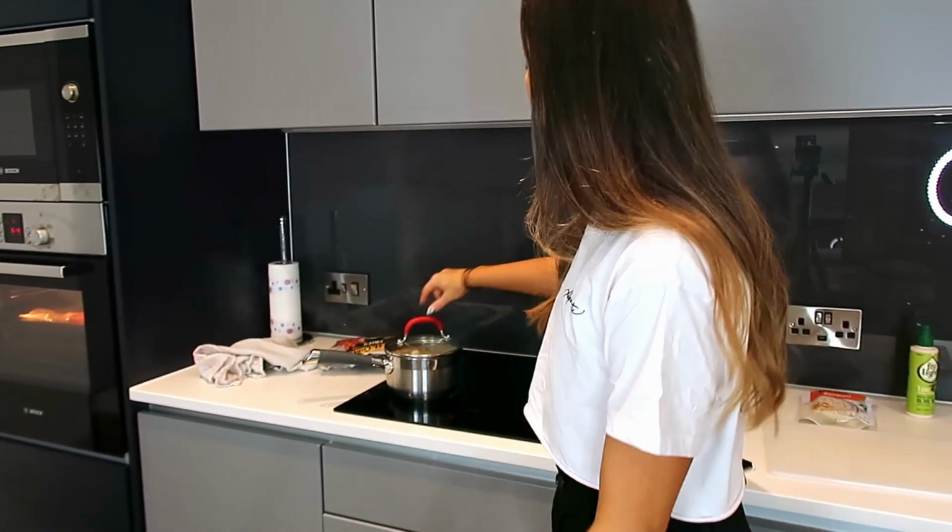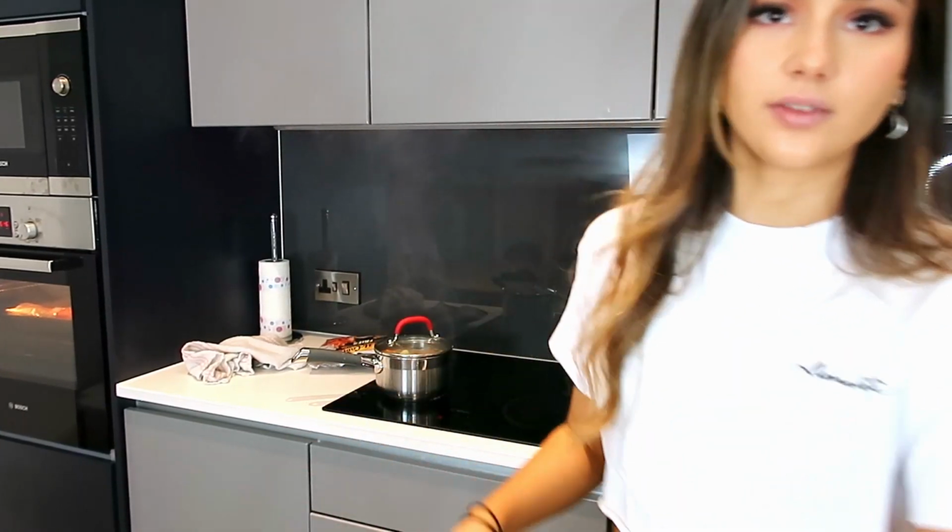We have the fish cakes in the oven, and I actually forgot to put the sweet potato fries in there too, so just pop them in as well. Just a few sweet potato fries in the same tray as the fish cakes because they need to go in for the same amount of time anyway. I'm obviously cooking the carrots, broccoli